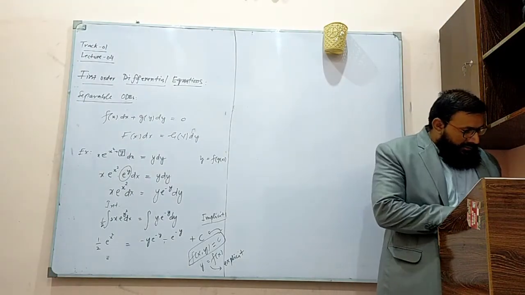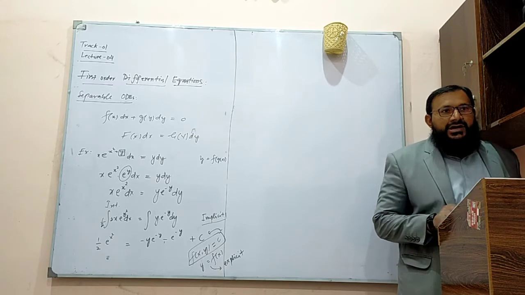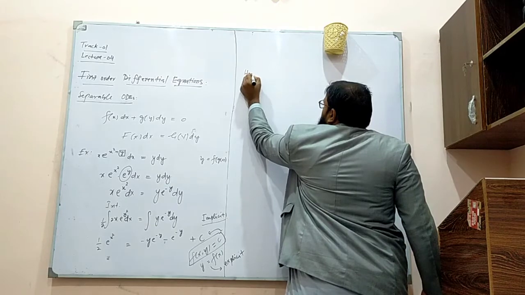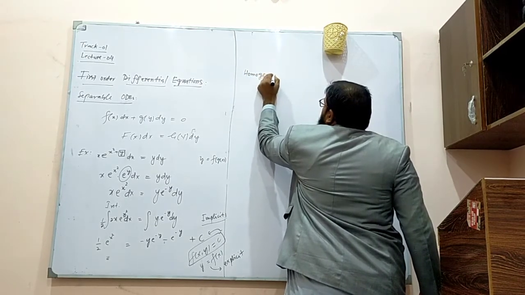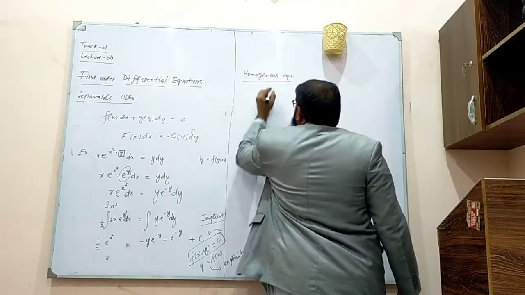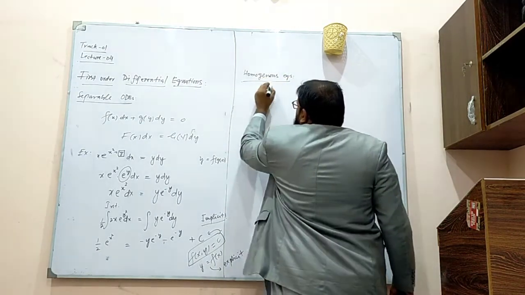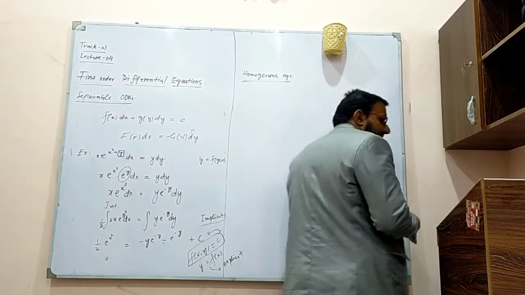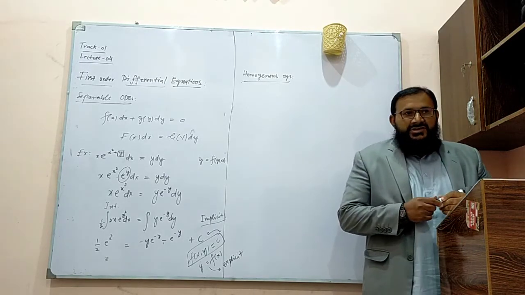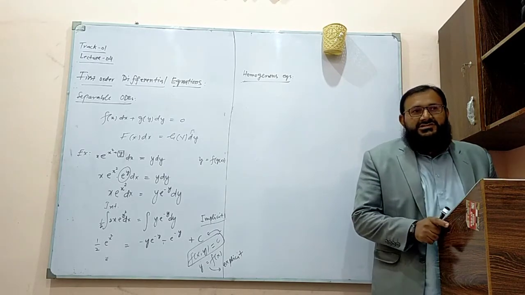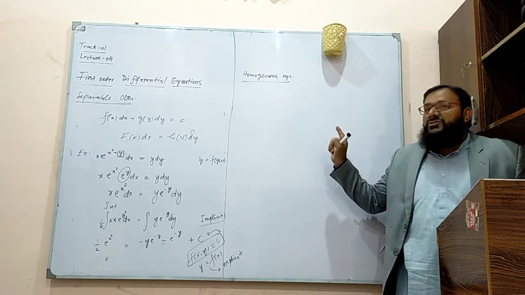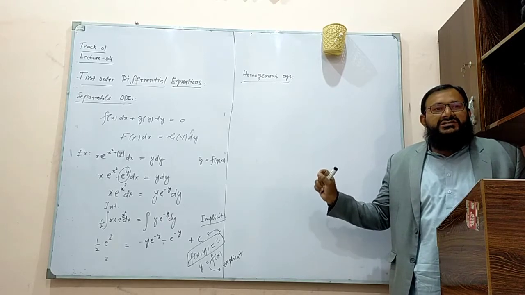So the next thing is, what do we mean by homogeneous equations? The second thing is homogeneous equations. There are different homogeneous equations. This one is in the case of first order differential equations. We have homogeneous equations in higher order differential equations as well, and we have homogeneous systems of equations in linear algebra as well. So to discuss homogeneous equations, the first thing we should know is what is a homogeneous